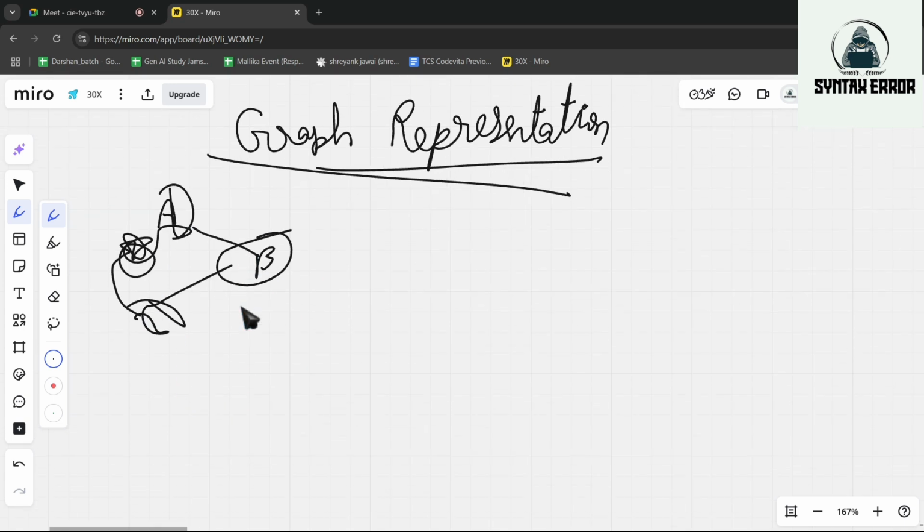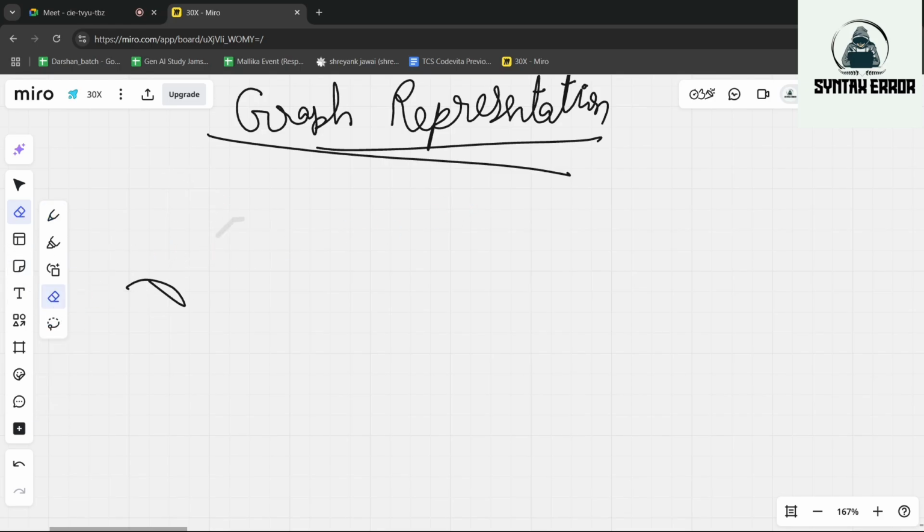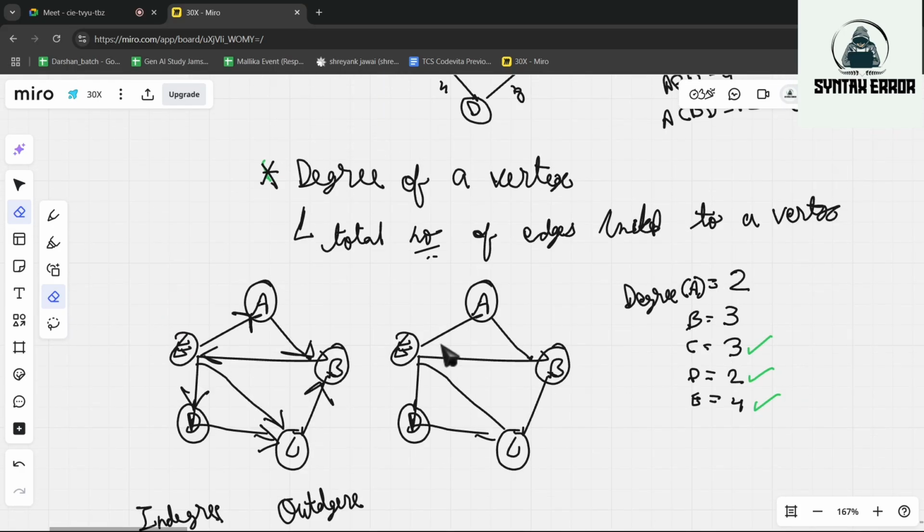So we need something. In graph, okay, let me just erase this and copy paste a nice looking graph. Let's take this one.